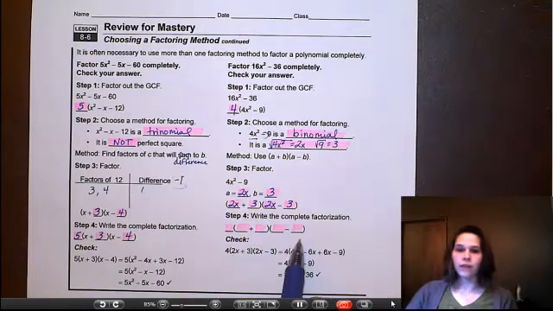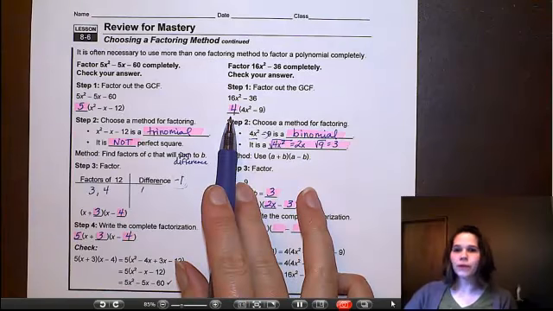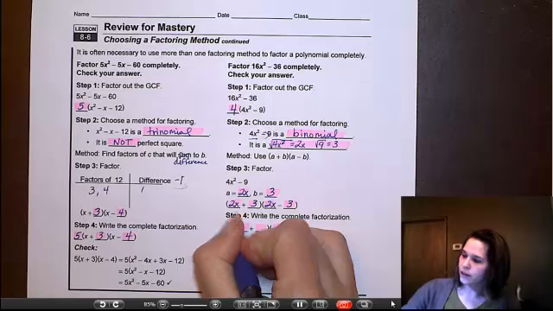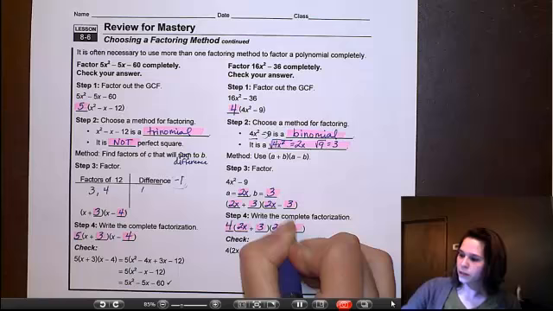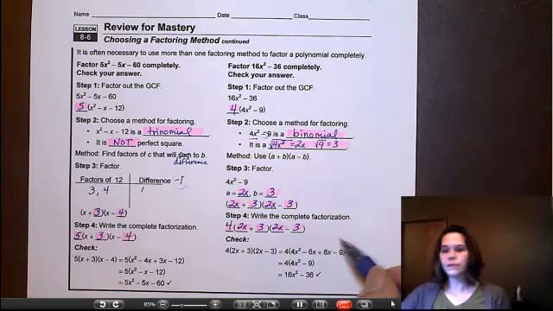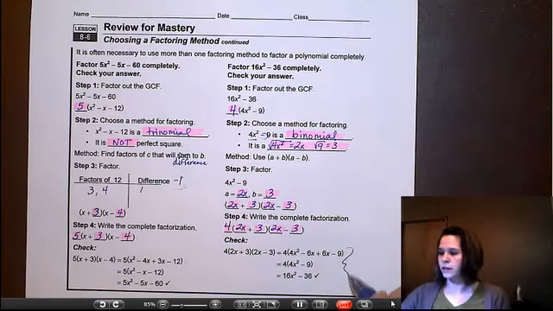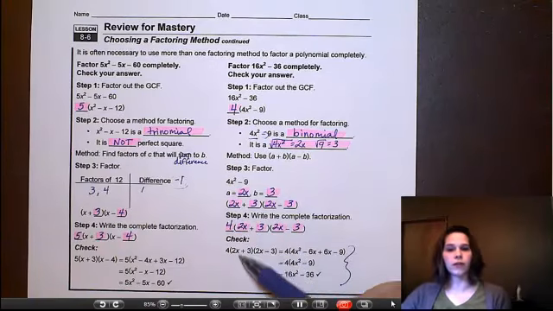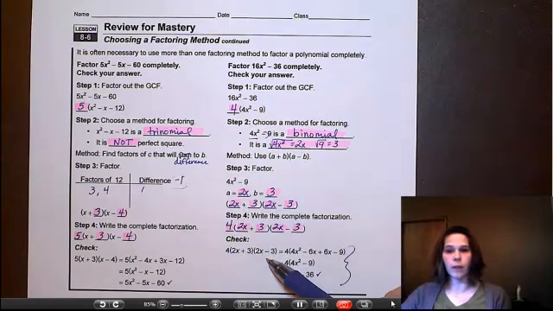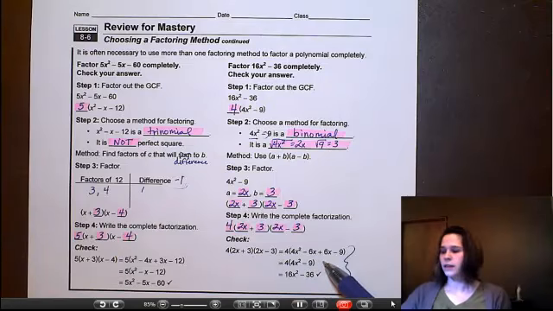Okay? Complete factorization. That greatest common factor from up above, we always remember I have to put that into our final answer. So again, 4 times 2x plus 3 times 2x minus 3. They go through the check. You don't have to be as particular about your checking with the foiling because since it fits that pattern, I know those middle terms should cancel out, 1 plus, 1 minus, to be left with this. Distribute my 4 term back in there, and I'm left with the